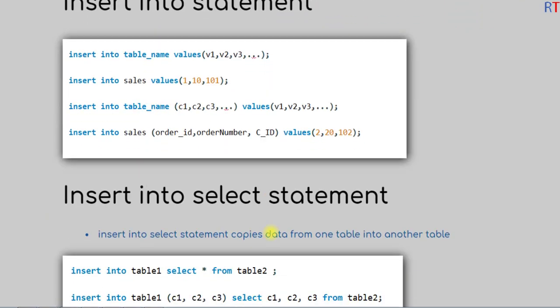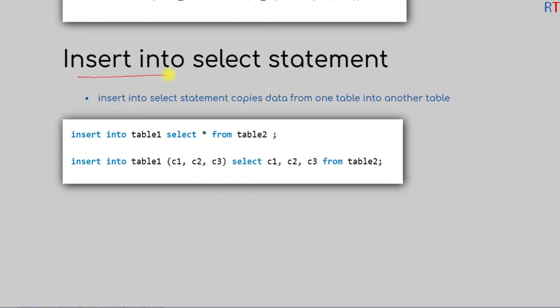So now we're going to talk about the insert into select statement. The insert into select statement is used to copy data from one table into another table. The syntax is we have to write insert into and then the name of the destination table, and after that we have to write select star from the source table name. So the star indicates all the values, so all the values from the source table will be copied into the